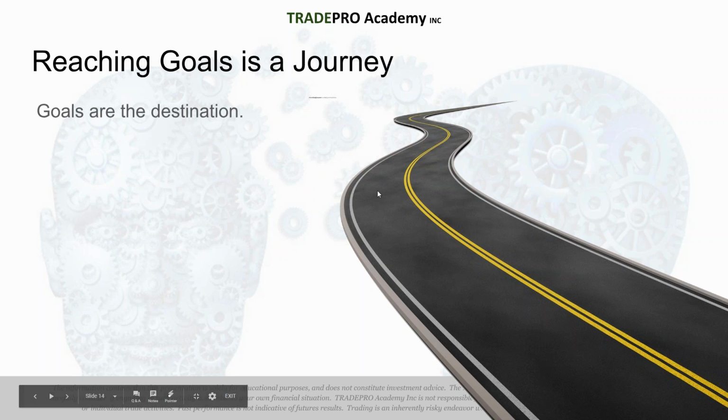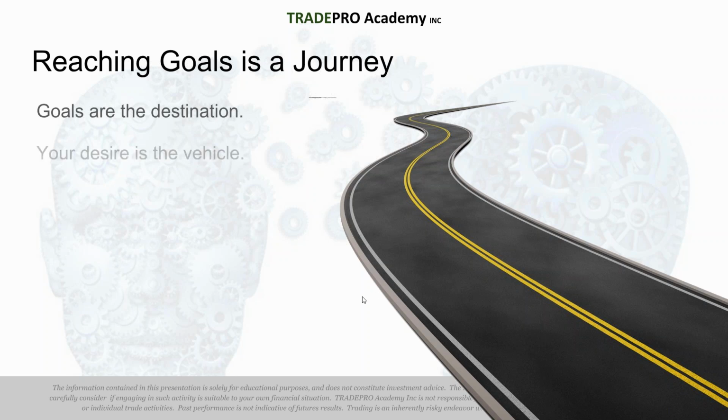Reaching your goals is a journey. I'm going to tell you guys this. Goals are the destination. That's why they're so important. If you don't know where you're going, how do you know when you're going to get there? Is that an accurate statement? Goals are the destination. The desire to achieve them is your vehicle. If you don't have a vehicle and your destination is across the state, you're probably not going to get there. So you have to have desire. If you don't have the desire to achieve that goal, it's not a good destination to shoot for. Change that destination. There's no point going there if you don't want to be there. All right, you'll be walking. Exactly, you'll definitely be walking.